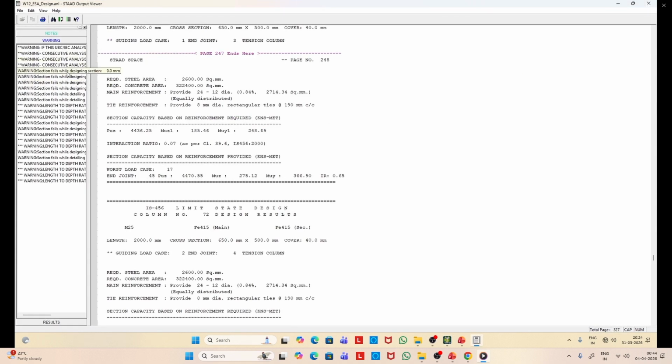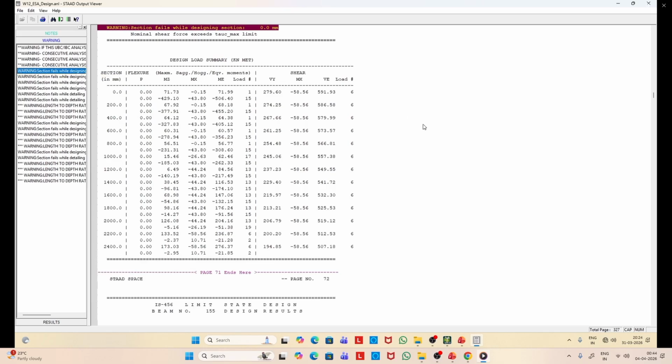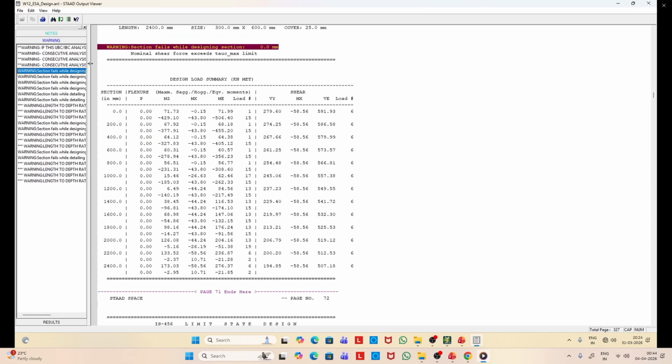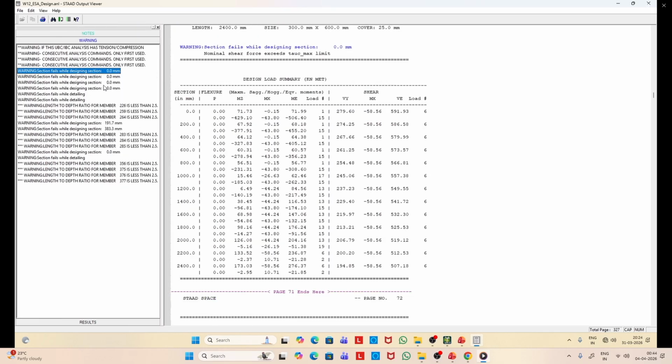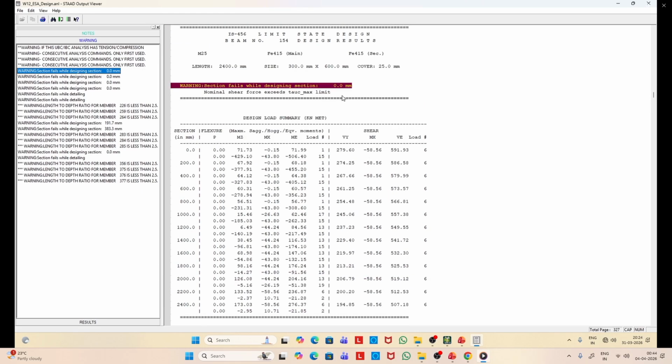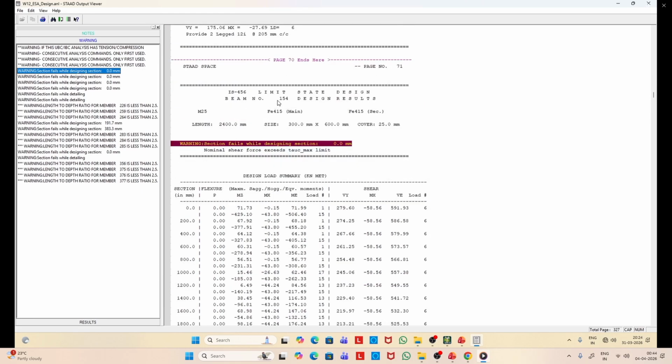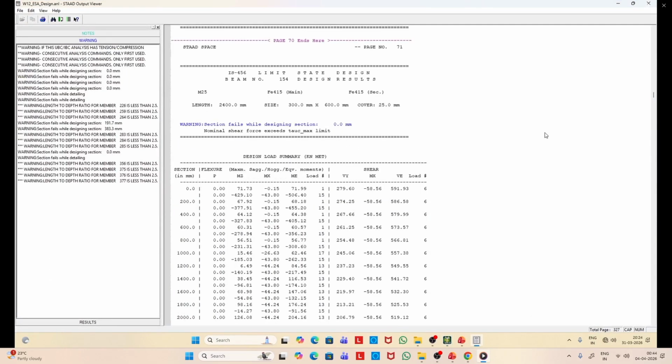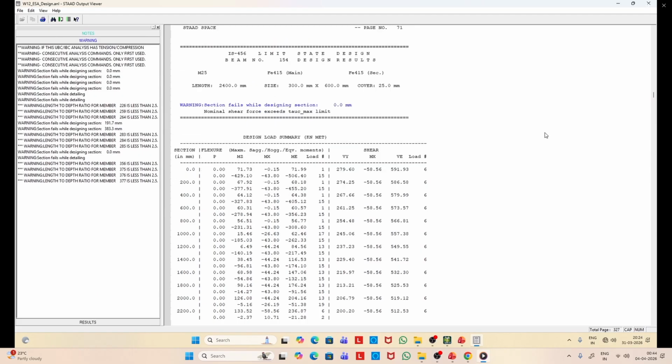Now, see, this member has failed. See here the beam number is 154. So let us see the beam number 154.